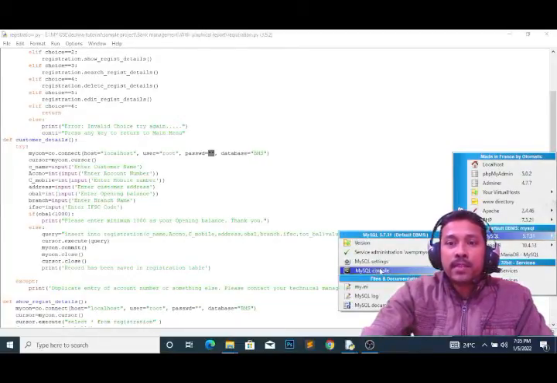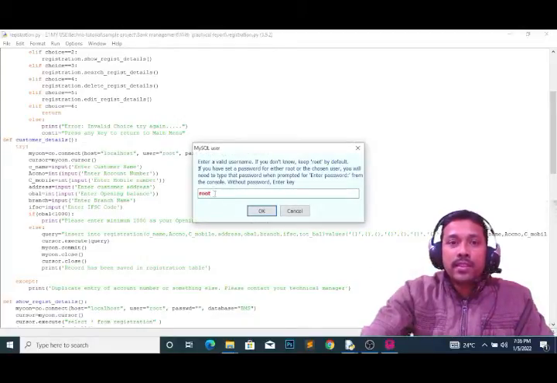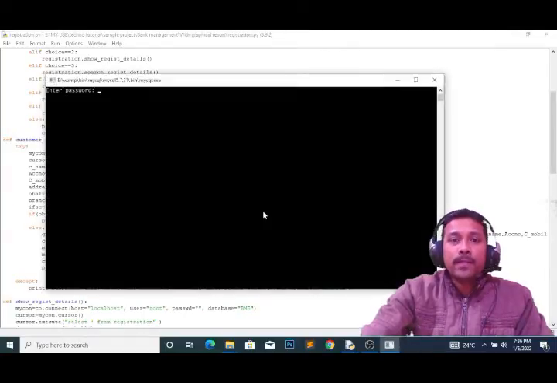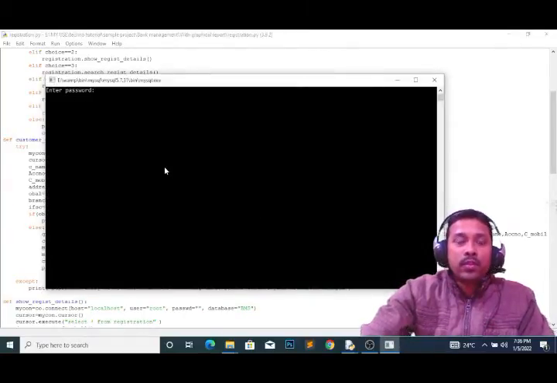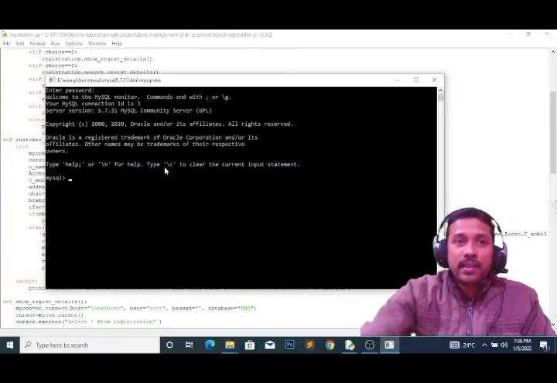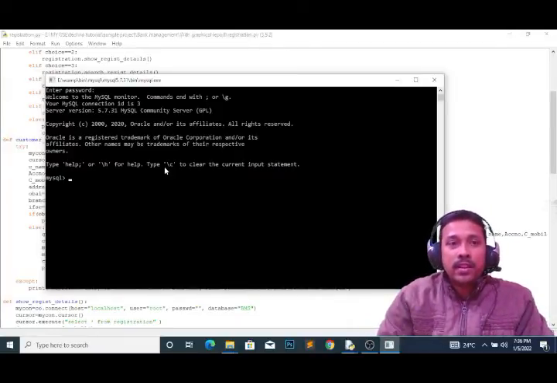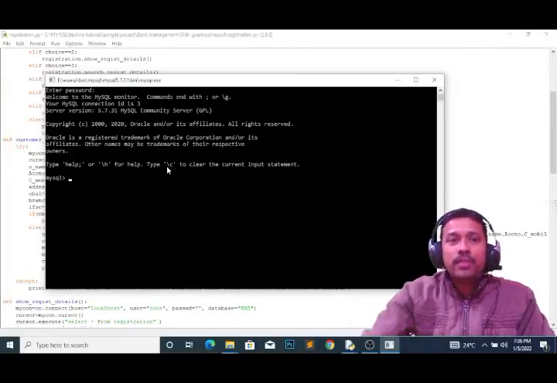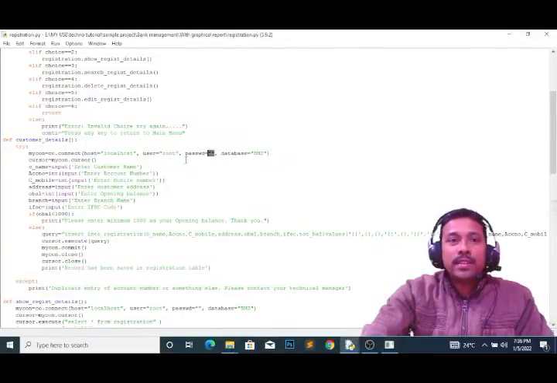Click on MySQL console. Here, this is the username, root. Now it says enter password; no need to give a password, just press enter. Yes, the window is ready. So the username is root and the password is no password.